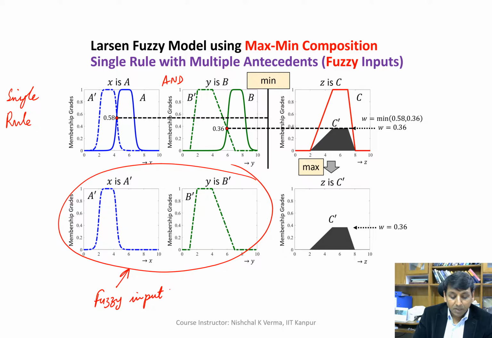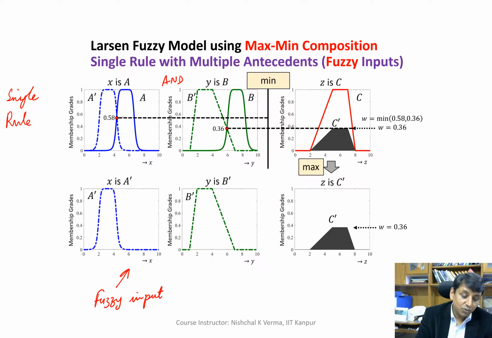If we supply the fuzzy input x is a dash, which is fuzzy, and y is b dash, which is also fuzzy, then x goes to the first antecedent, and the fuzzy input b dash goes to the second antecedent. When we superimpose these two fuzzy sets, a dash and a,